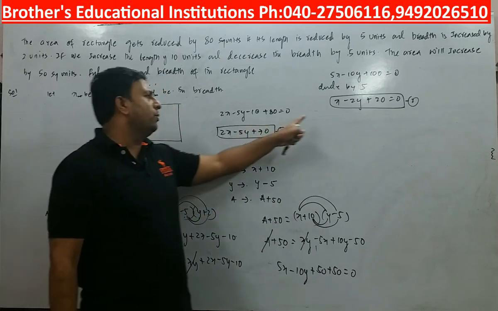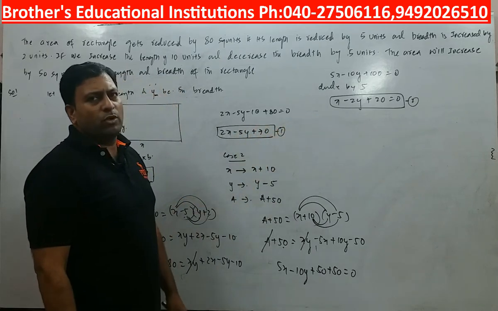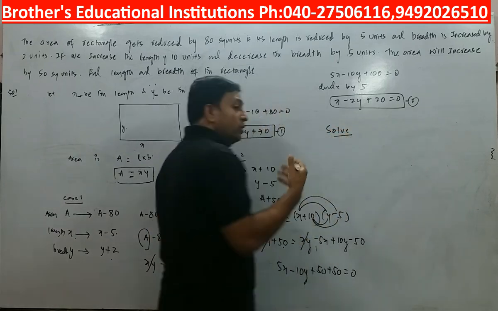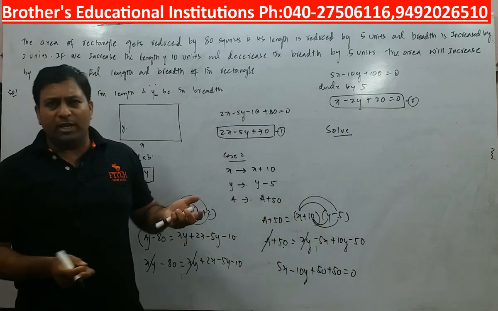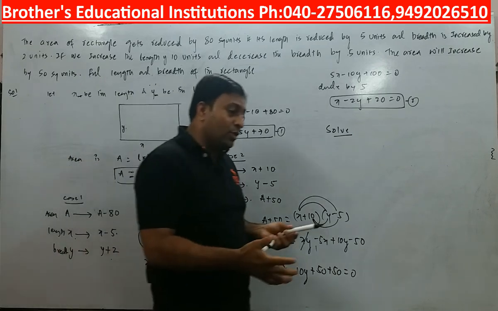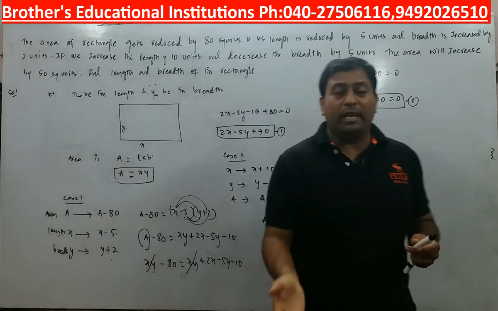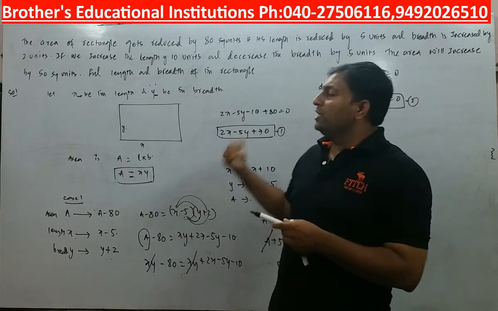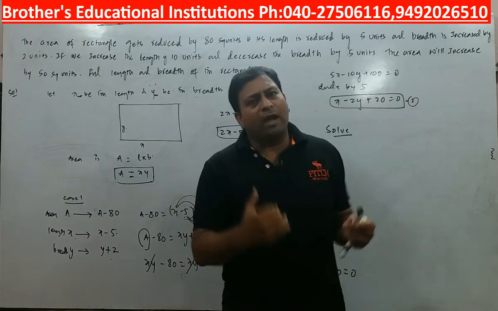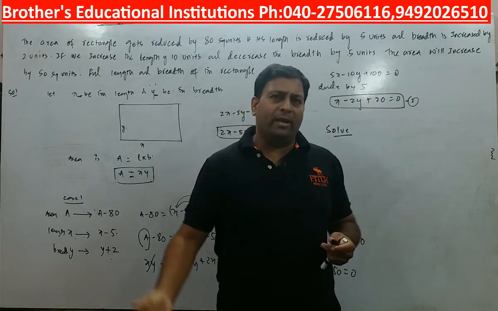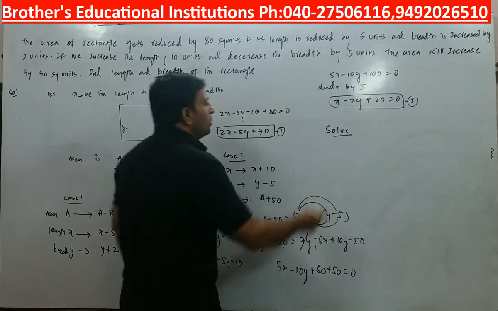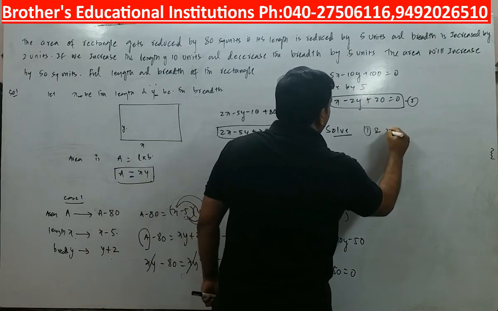Now I got a pair of linear equations. These equations I have to solve. Now how will I solve? I have already explained to you which method I have to use. Either I can use elimination method or I can use substitution method. Remember, these methods are discussed to you in 4.2 and 4.3, and author expects you to do these problems in 4.1 without discussing the method. That is the reason why I have taught to you 4.2, 4.3 in the beginning and 4.1 at the end. So please note this very carefully. So solve 1 and 2.